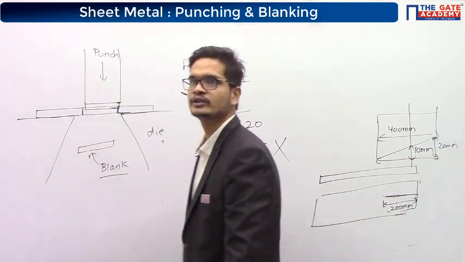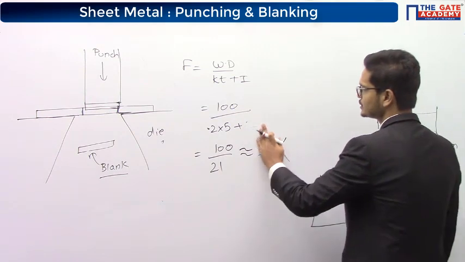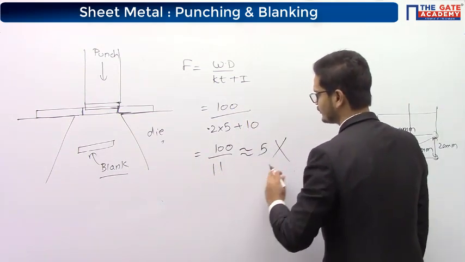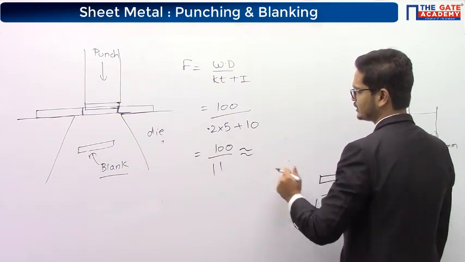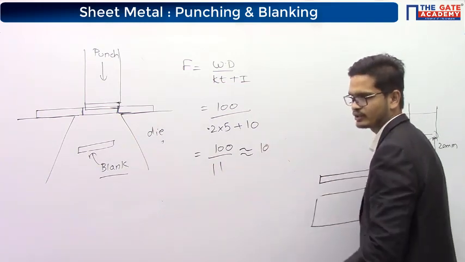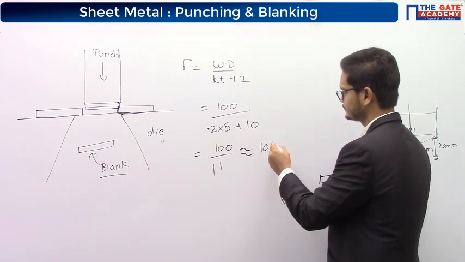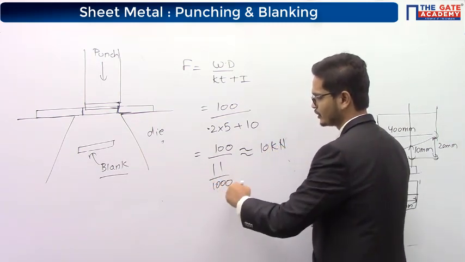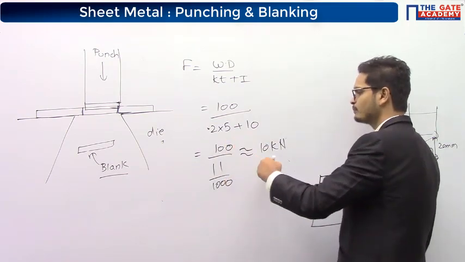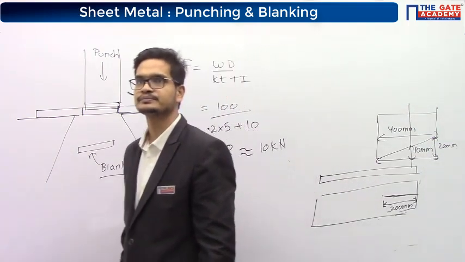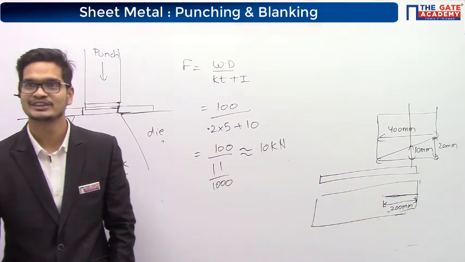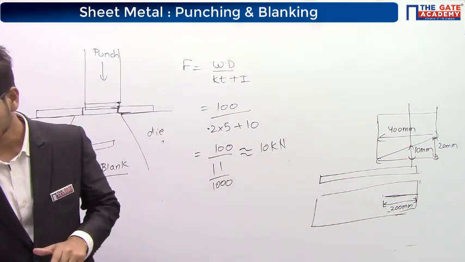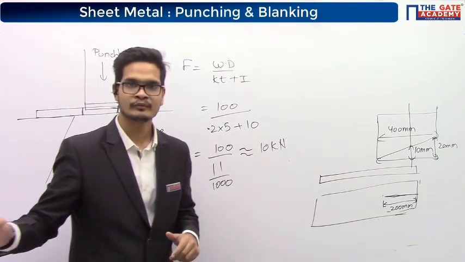So therefore the shear becomes 10 here. So it is 11, and it will give you the answer approximately as 10 kilonewton. This is 11 mm, so divide by 1000. This 1000 will go up, and this will give you 10 kilonewton. Yeah, shear they have provided way too much. Generally, large shear is not provided.